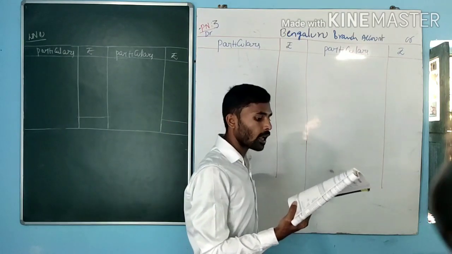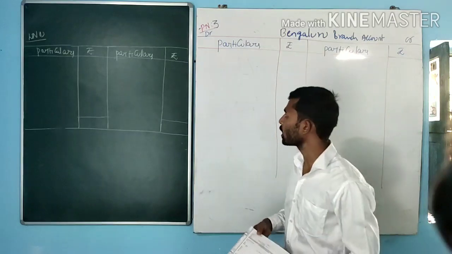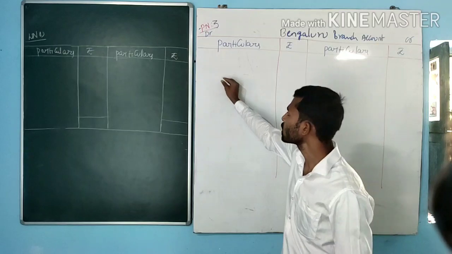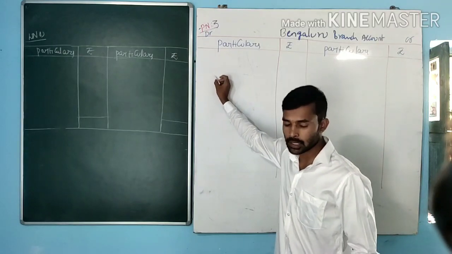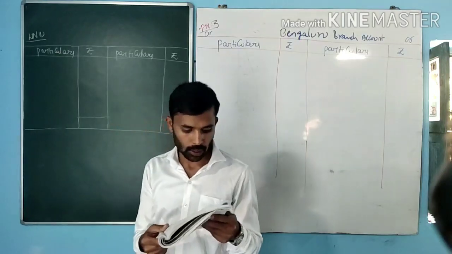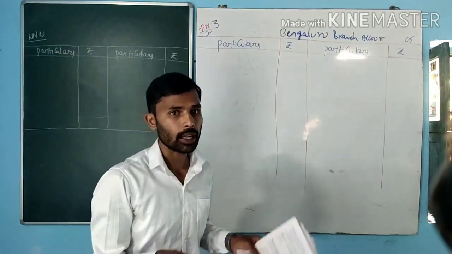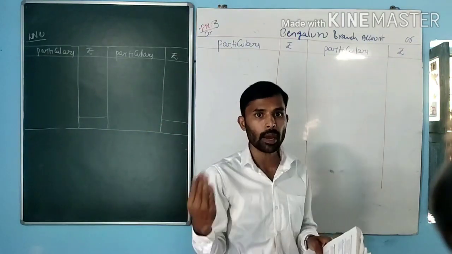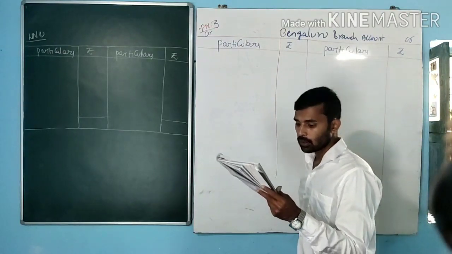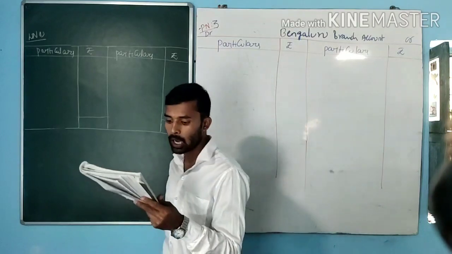Goods sent to branch at cost. When goods are sent by the head office to the branch, it becomes an expense for the head office, right, under debit side. Next one, goods returned from branch at cost. At the end of the period they are returning the goods back to the head office, under credit side.